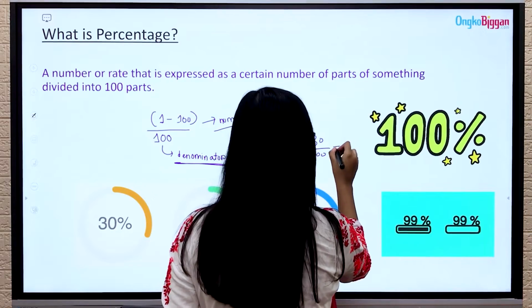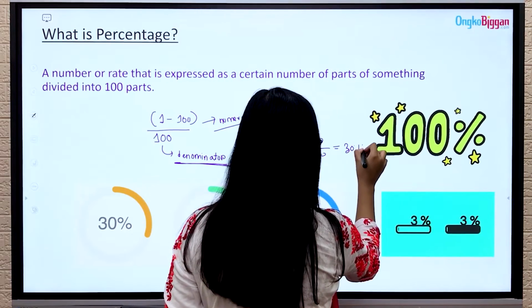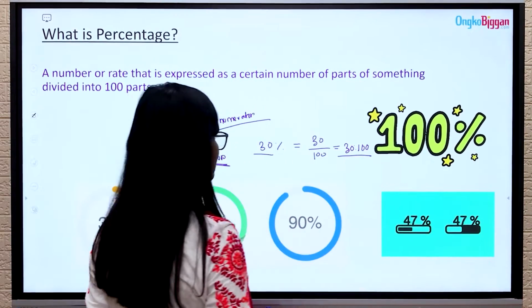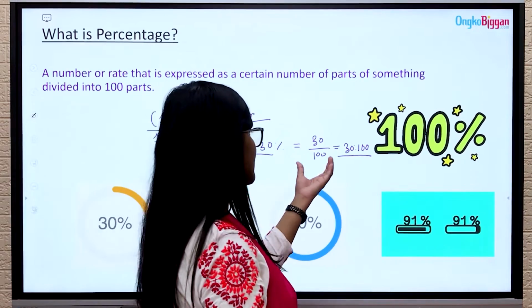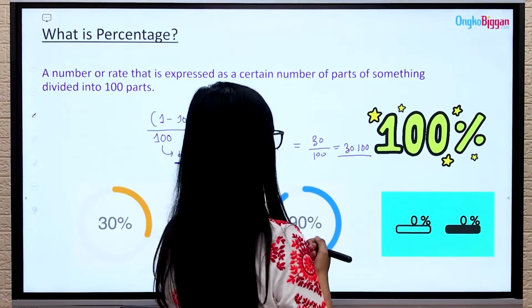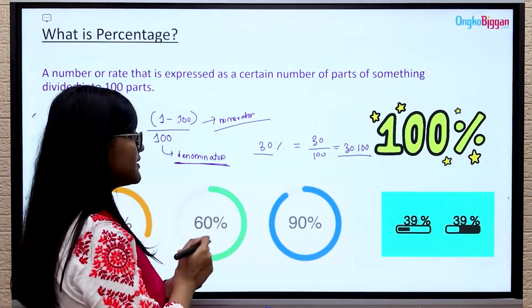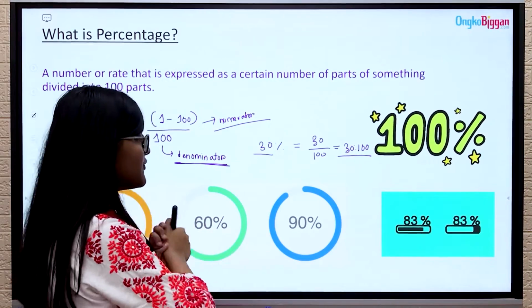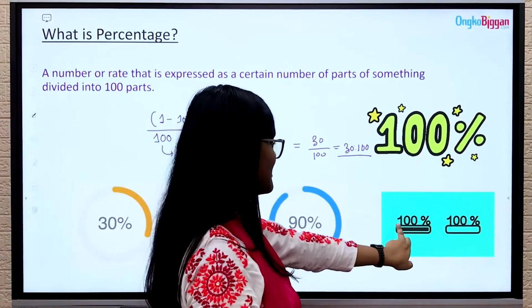You can write it like this. Also you can write it like 30 is to 100. That means if we divide the thing into 100 parts, we consume 30 parts of it. That means if we have like